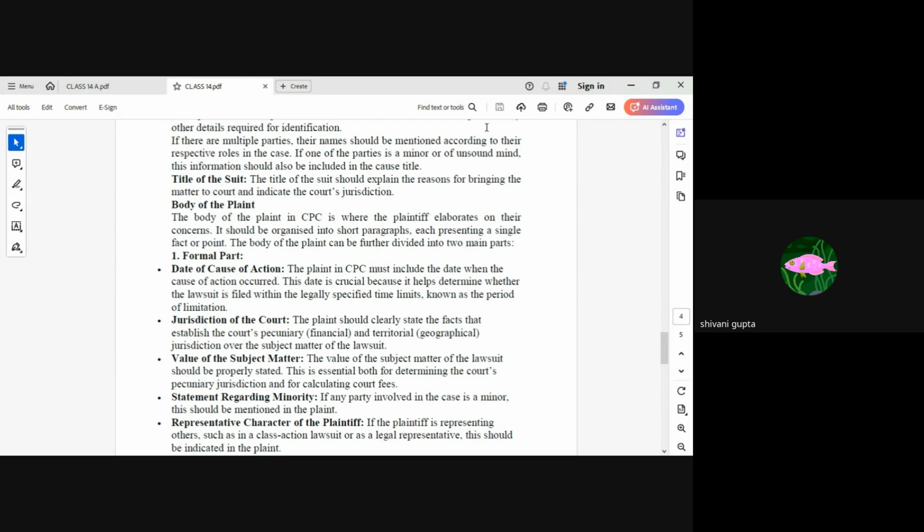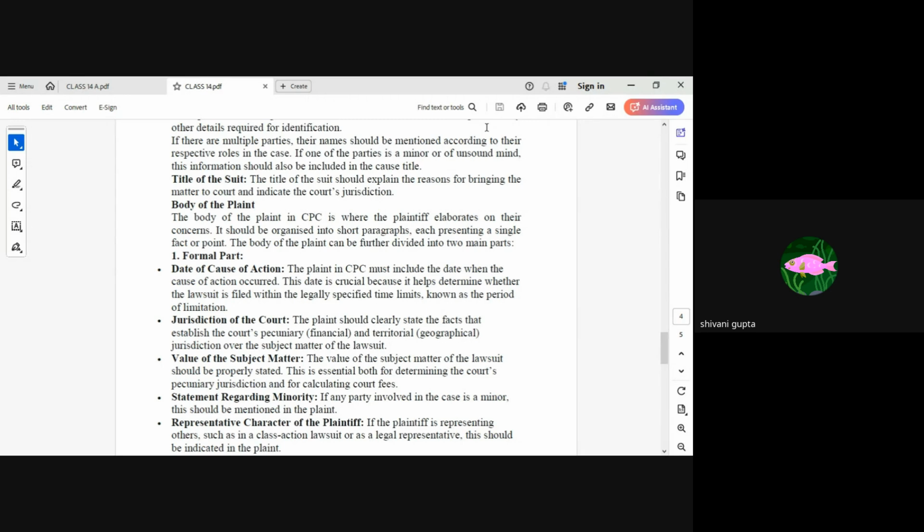the date that is mentioned will determine whether the lawsuit is being filed within the specific time period, which is known as the period of limitation. The limitation period applies particularly to appeals and applications. Now comes the jurisdiction. Jurisdiction means establishing the court's pecuniary and territorial jurisdiction over the subject matter